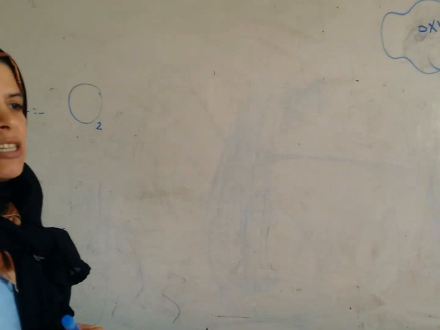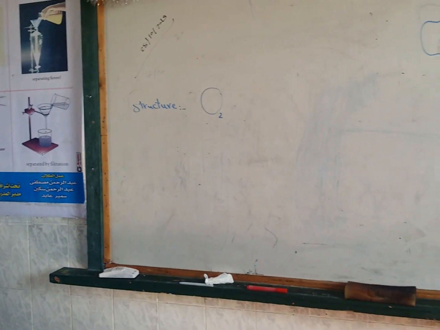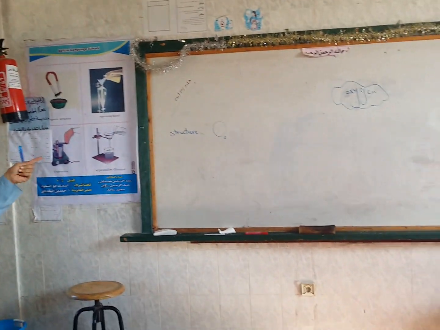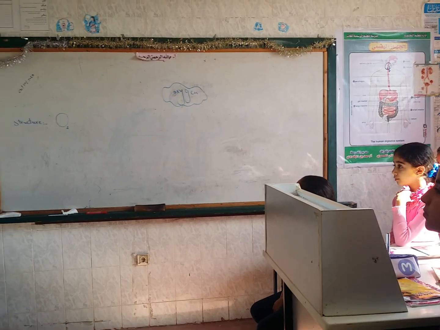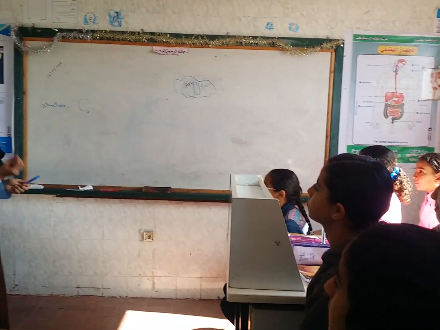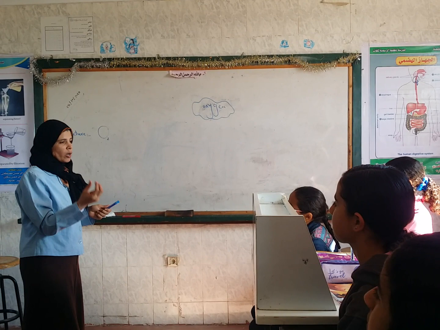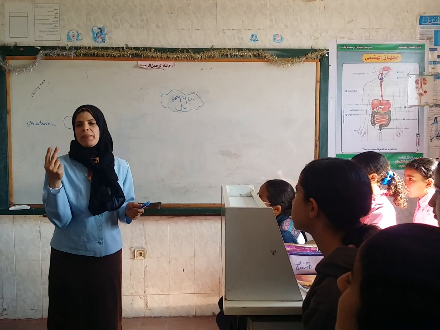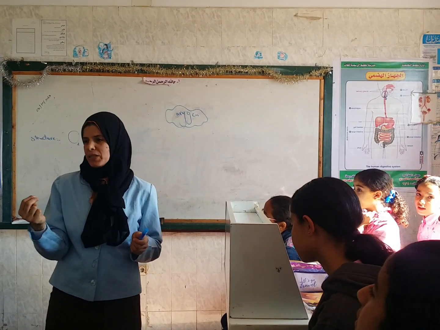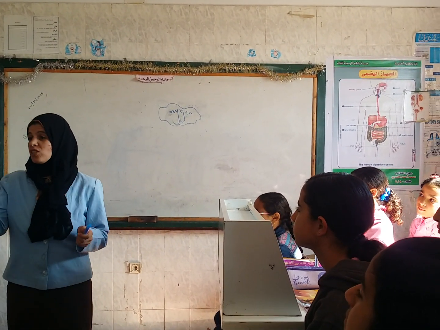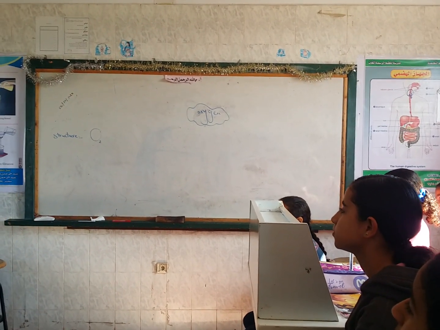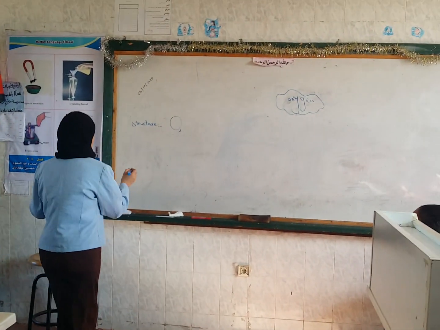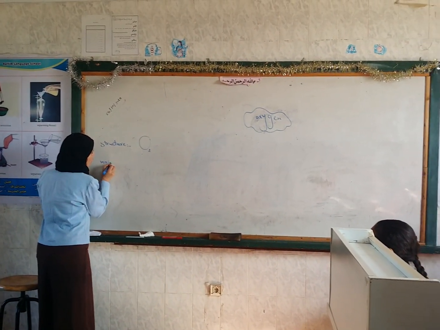O2. Two atoms of oxygen bind together to form this compound, which we call O2. It's a molecule of oxygen, a diatomic element. Diatomic element means it consists of two atoms of oxygen bound together. What is the main source of oxygen? The main source of oxygen is